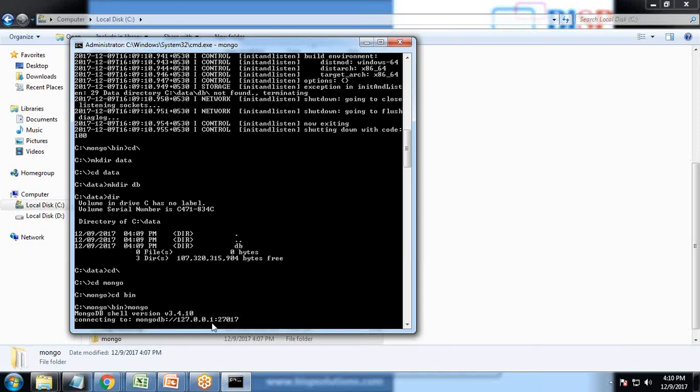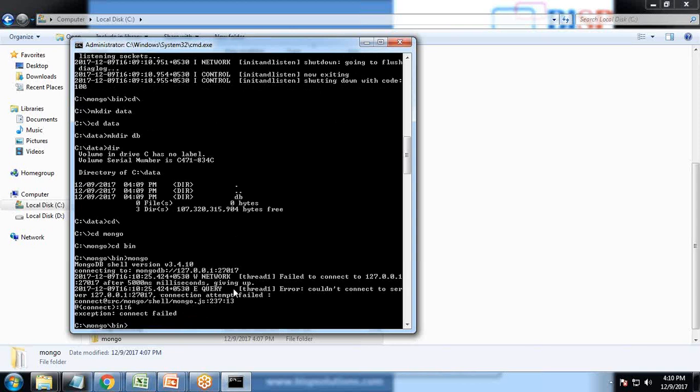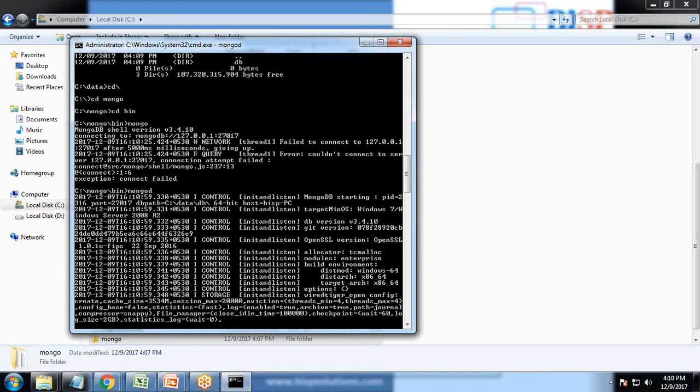As soon as I pass the command mongo.exe, it begins connecting to MongoDB, and it throws an error that it failed to connect, because we are trying to connect to the server. The command which we need to pass is different. Mongo is used to launch the client program which would be connecting to the server. So the command would be MongoD,